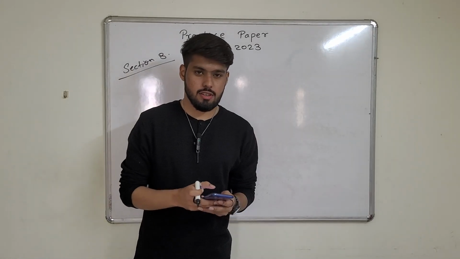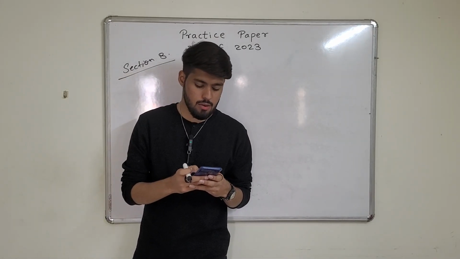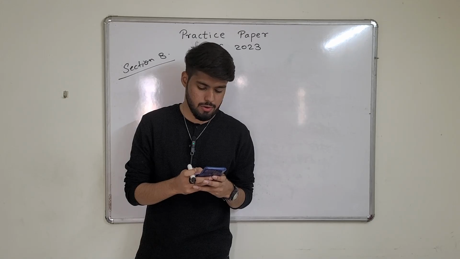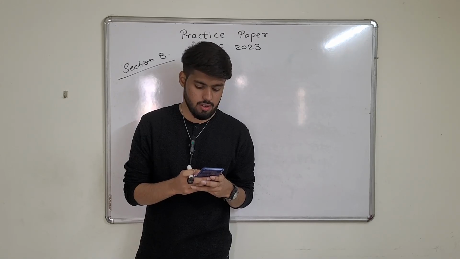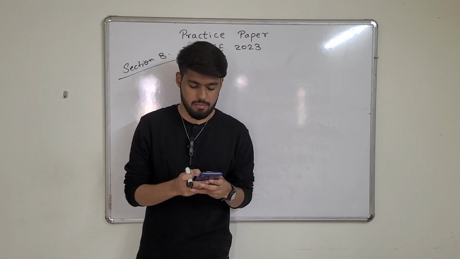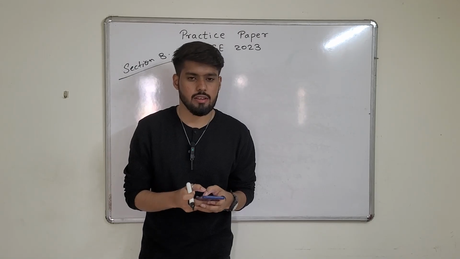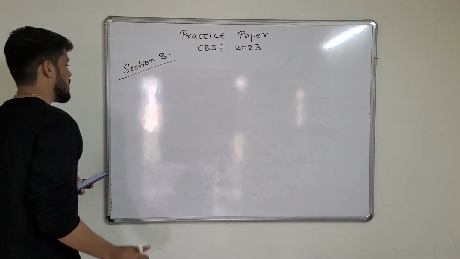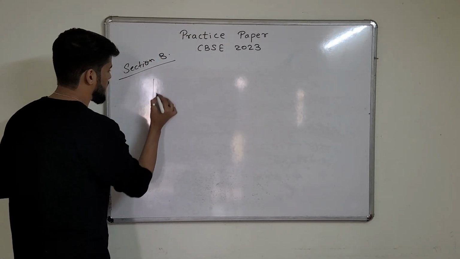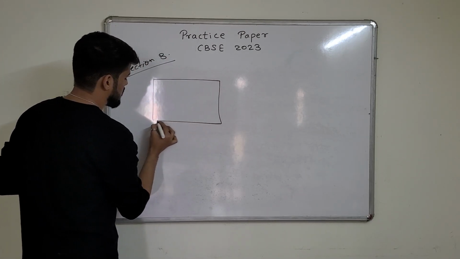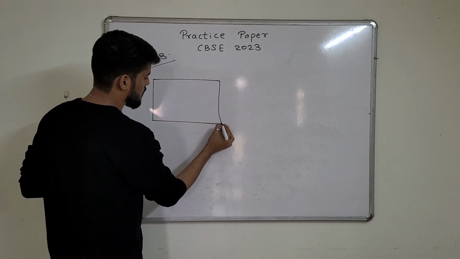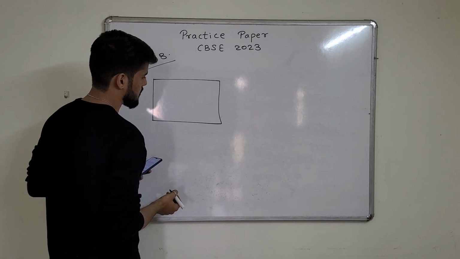So the next question, question number 22. A cow is tied with a rope of length 14 meter at the corner of a rectangular field of dimensions 20 by 16 meter. Find the area of the field that a cow can graze. Very simple question actually. So there is a rectangular field where a cow is tied at one corner, right,